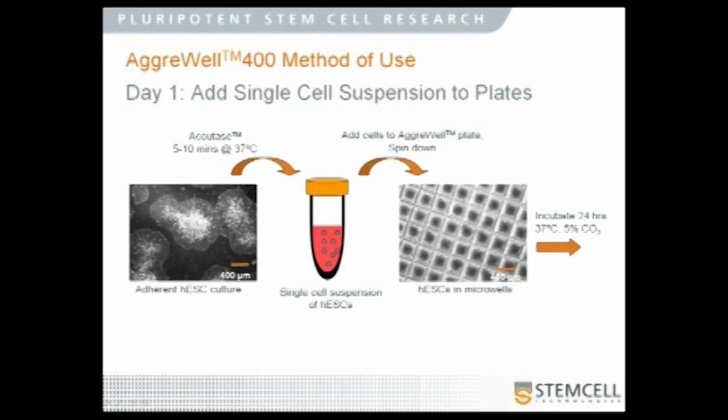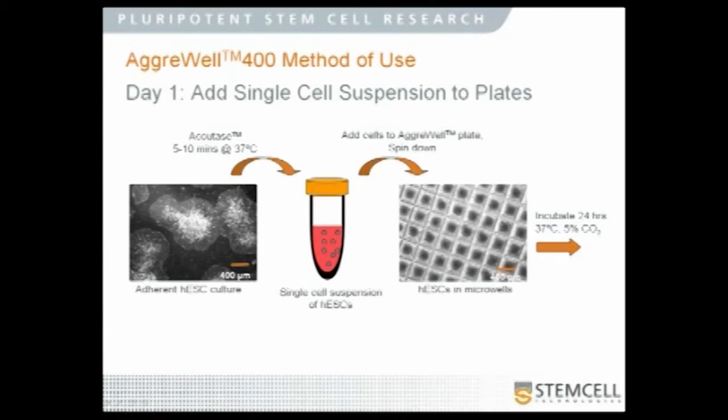So the overall process flow looks like this. You start off with your cell population and generate a single cell suspension. You add these cells to the AggreWell plate and centrifuge them down under the conditions you would normally use for pelleting of these cells. And as they move down towards the bottom surface of the well, they encounter these microwells. And as each microwell has the same surface area, assuming that your single cell suspension is well mixed and homogeneous, each microwell should capture approximately the same number of